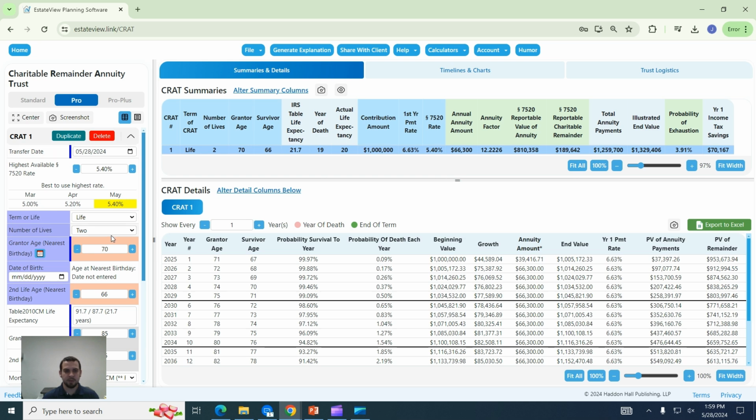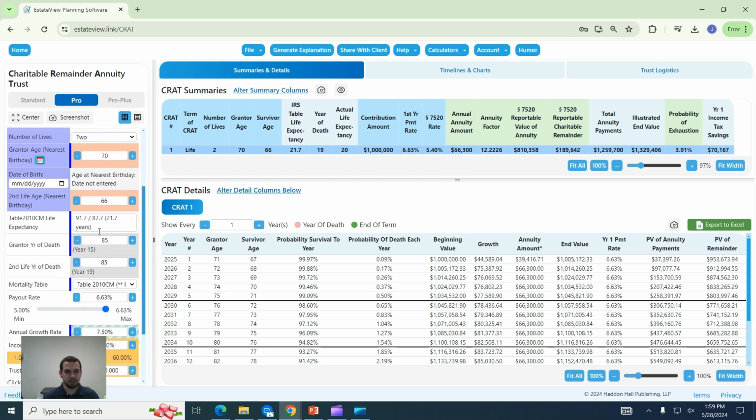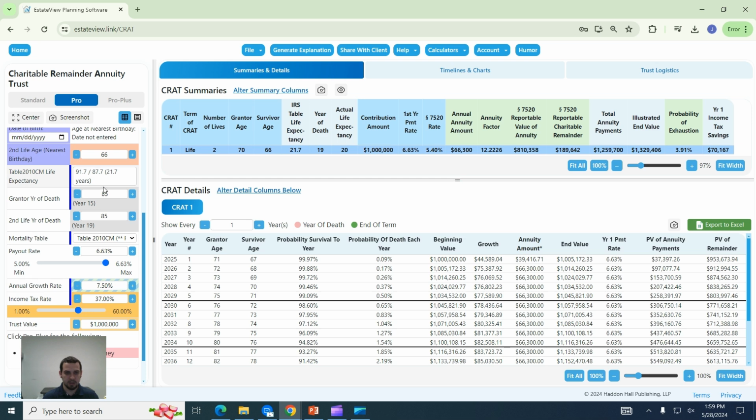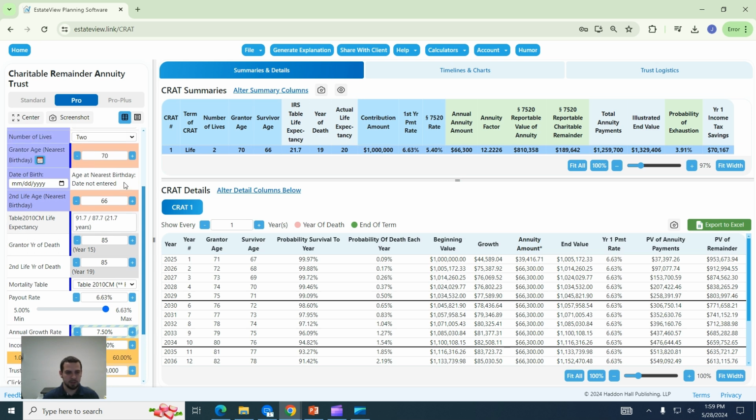January 1st. Additionally, we get the ability to see the life expectancy of our grantor and their spouse. Here we see that as 91 and 87, which together has a life expectancy of 21 years. However, we are only projecting a 15-year and 19-year life for this couple. If we would like to increase this to that 22-year mark, we can do that, and the program will automatically